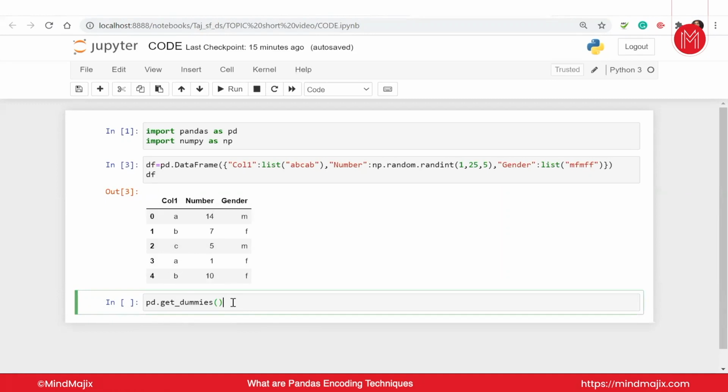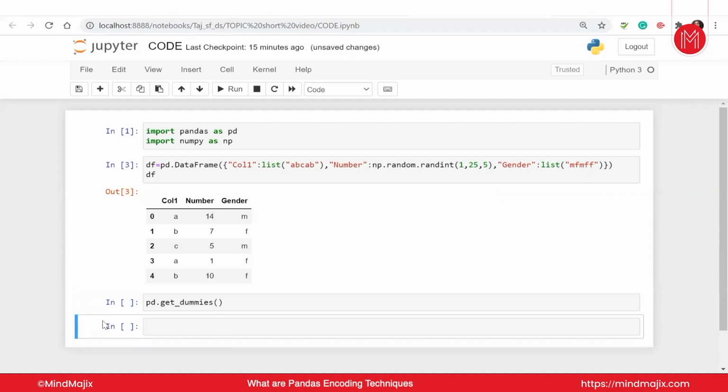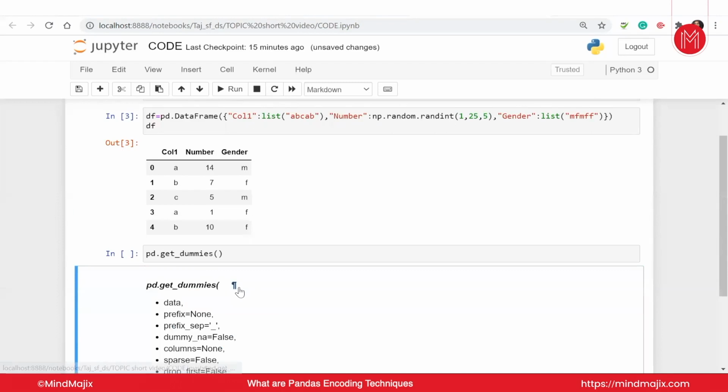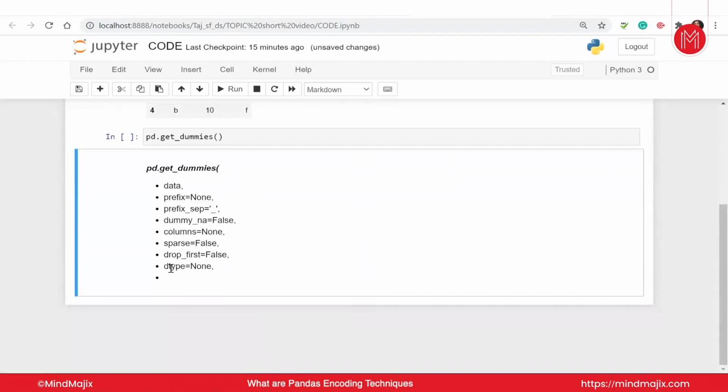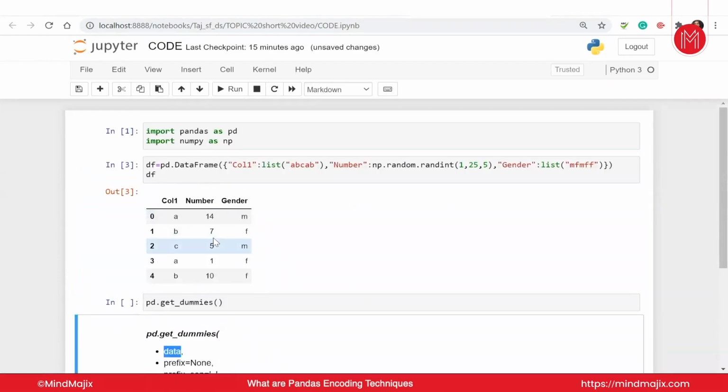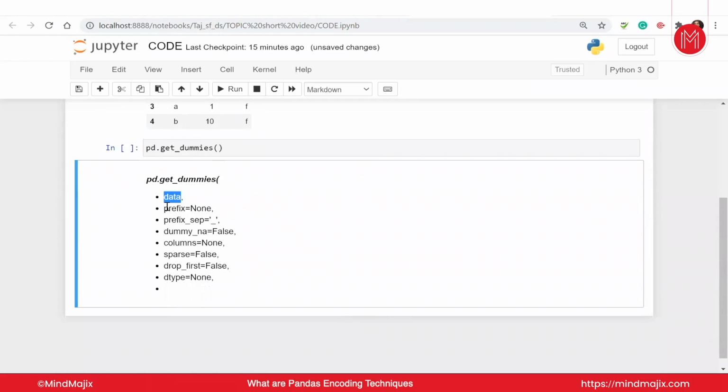So this is my data, guys, this is my get_dummies. Okay, and let me create a markdown cell which says all this. So let me make it like this, a star, and say this should do. So we have these parameters that we have to discuss, so we will discuss them one by one. Data is, guys, data itself. So we give the data. This is my data that I'm giving as an input. Second is prefix. So what is prefix, guys? Any value that you want to add when you get the dummies.